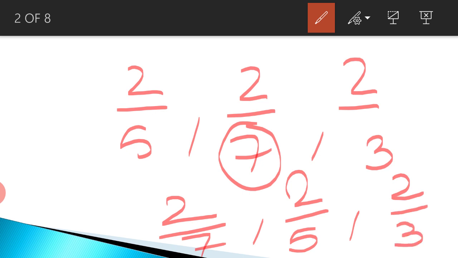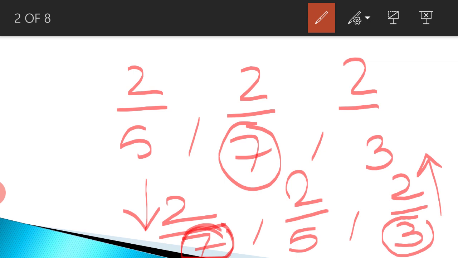So greater is the denominator, smaller is the fraction. Smaller is the denominator, greater is the fraction. So you can compare unlike fractions with same numerators without doing any calculation, simply by focusing on denominators. Is it okay? So I hope you have understood or recalled these methods of comparing fractions.